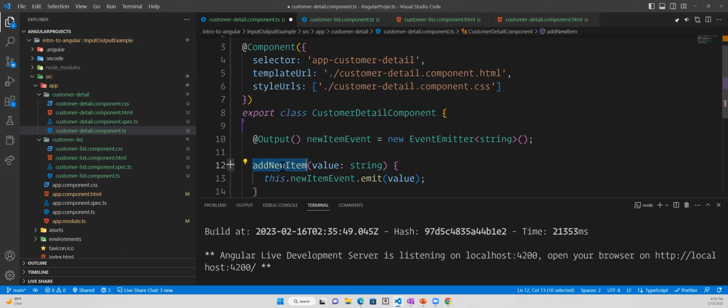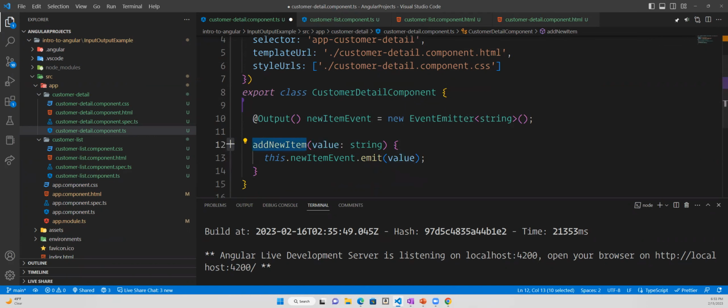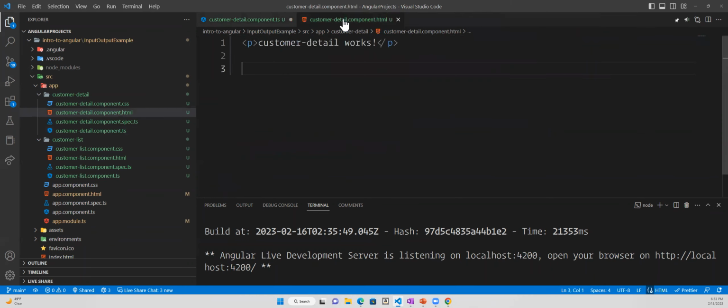Now, the question is, how do we tie this with this? How do we call this function? This function right now is unused. So now we've got to go into the HTML. For that, I'm going to go into the customer detail HTML, which is our child. I'm going to close these for now. Okay, so here we go. Here is our customer detail work. Here is a little bit of HTML that if you're not familiar with, you should get familiar with. But I'm just going to go ahead and start typing in